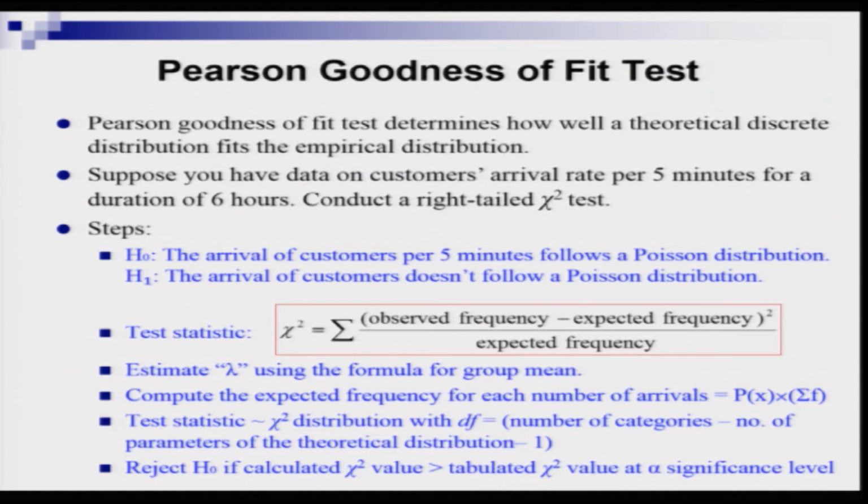So, of course, needless to say that you have to fix the alpha value at some number, 0.05 or 0.01, and then you go to the chi-square table, and then basically you match the statistic value and the tabulated value. So, that was the case of the Pearson goodness of fit test, and now we are going to talk about another